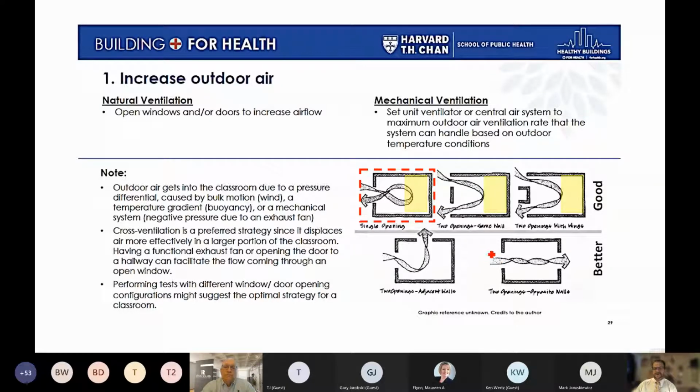Now, if you're looking to set up a classroom and you want to open windows up, cross ventilation is really a critical element to making sure that we're actually flushing through the room itself in some way, either down here or to the right, that we're flushing the particles through and throughout the room itself. So if only opening a window is our only solution, it may not have great benefit. And in fact, that's what the MIT calculation sheet shows, that opening up a single window may only change the air changes in the room from 0 to about 2 air changes per hour, which is, it's not bad, but